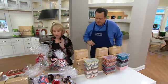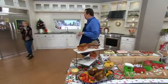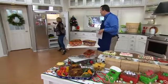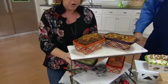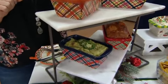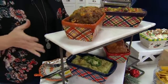All right, so we talked about a lot of hot things. I'm just going to run over here because I want to finish out what David was saying, which was think about using these not only for portion control, but for your meals. Whether you're doing hot dips, cold dips, or guacamole, look what we did here. We made a mini meatloaf, a beautiful bread, a taco mac and cheese, and a cold guacamole. So there you can see how you can use